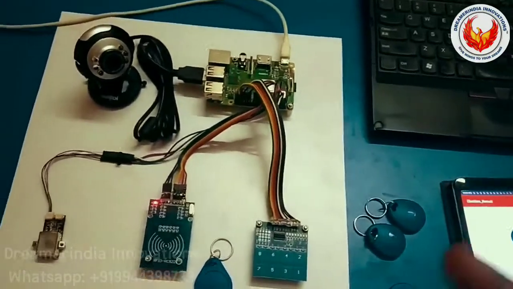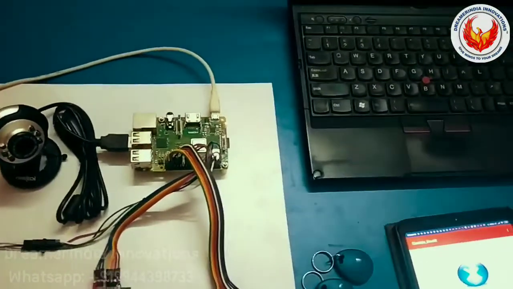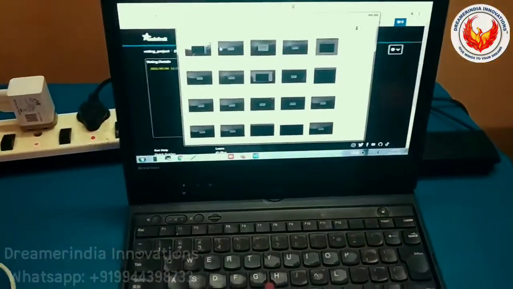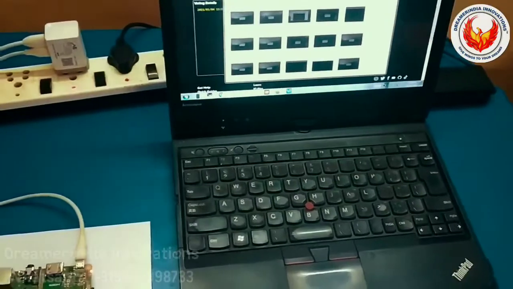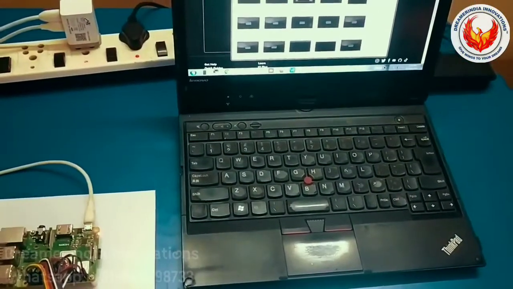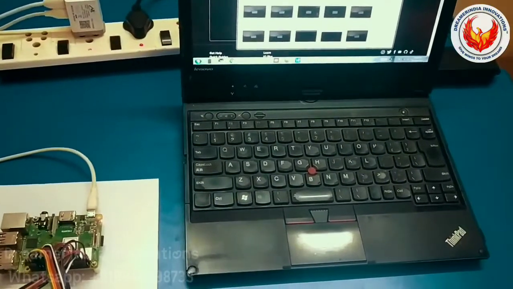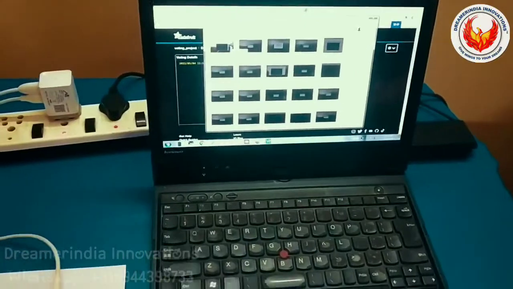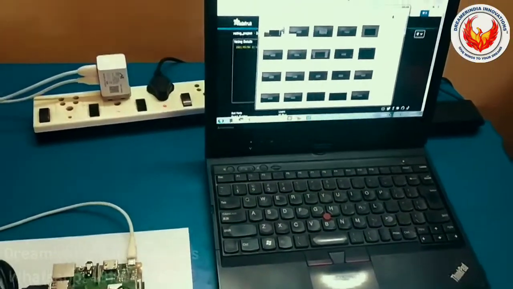Okay, now let us connect the Raspberry Pi board to the system laptop using VNC Viewer. I am just opening the VNC Viewer in the system. Before this we need to activate the hotspot with the given username and password. The Raspberry Pi will automatically connect to the hotspot with the given SSID and password, and the laptop also should be connected to the same hotspot so that it will be on the wireless network.